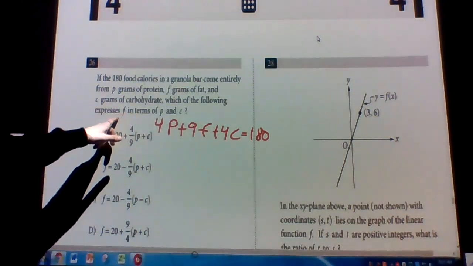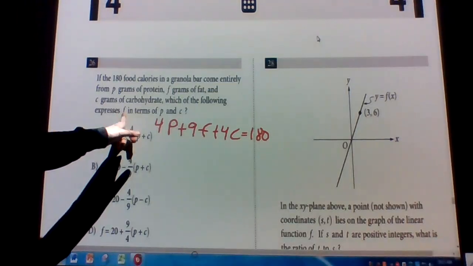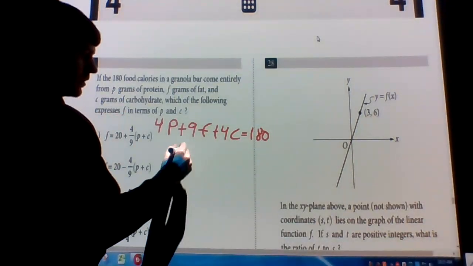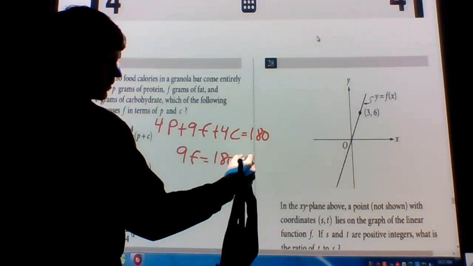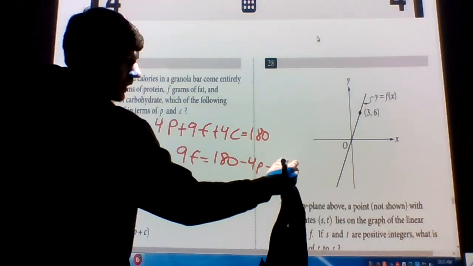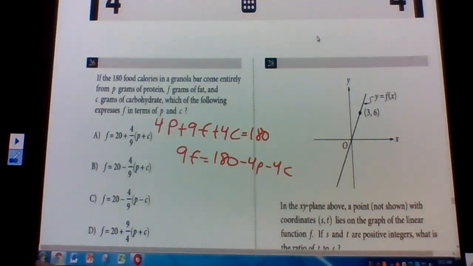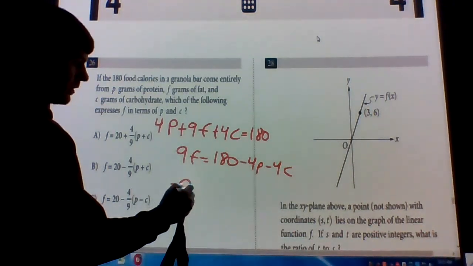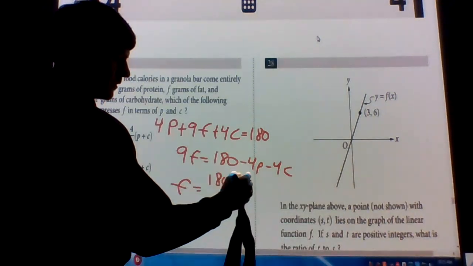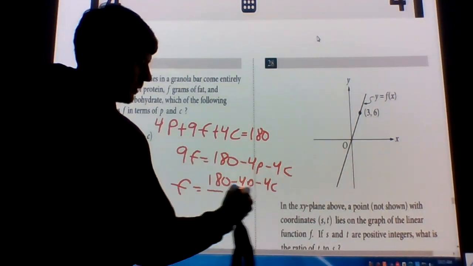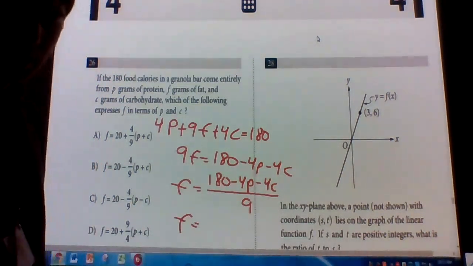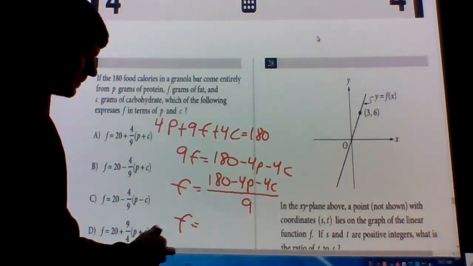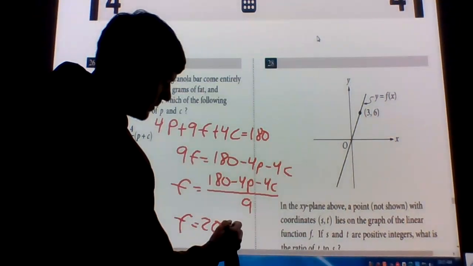Okay, so it says we want to find F in terms of P and C, so we need to move the 4P and the 4C to the other side. So 9F is going to equal 180 minus 4P minus 4C. Subtract 4P from both sides, subtract 4C from both sides. And then you want to divide by 9. So F equals (180 minus 4P minus 4C) divided by 9. All right, we can divide them all by 9. So 180 divided by 9, use your calculator, is going to be 20. Okay, and then we have minus